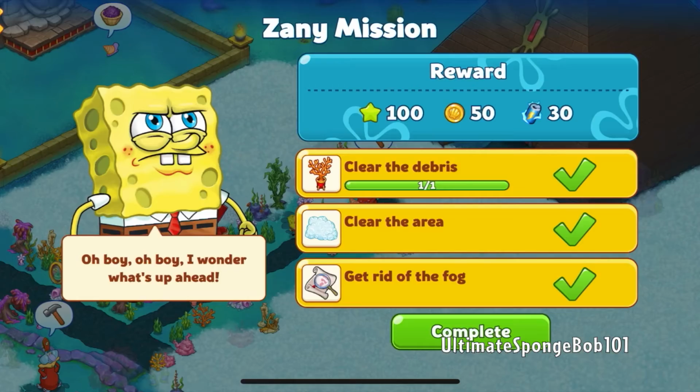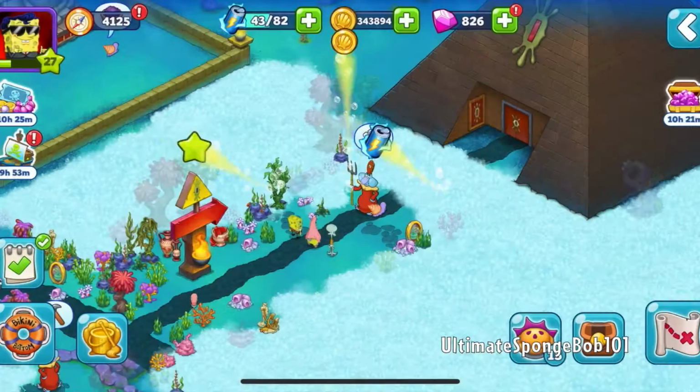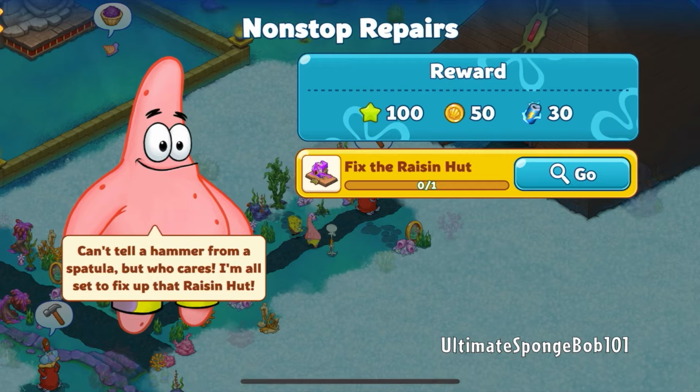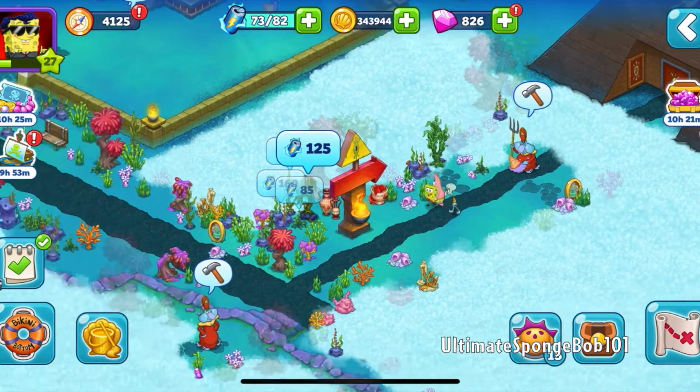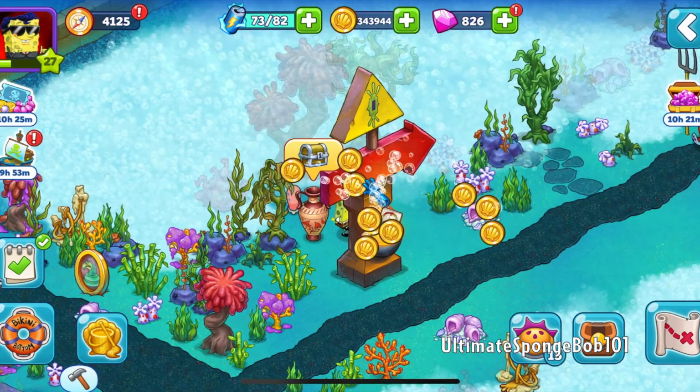Alright, so we have the Zany Mission quest complete. We've got a little bit of energy back. And now we have to fix the raisin hut. So the whelk punch is essentially made of, or we feed them raisins and they give us whelk extract, which is strange. I hope we are not...